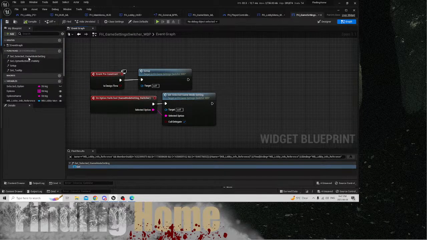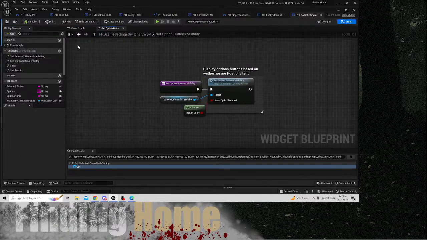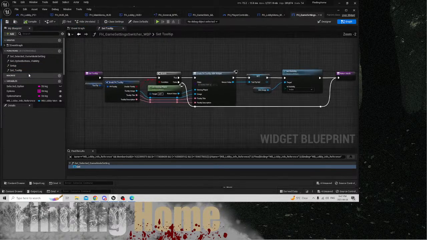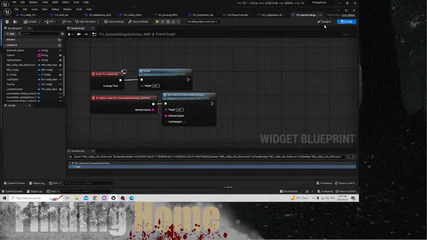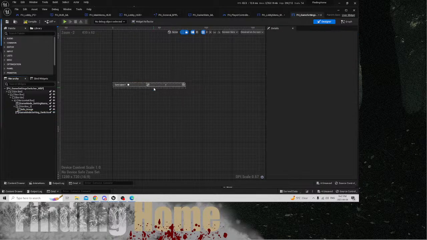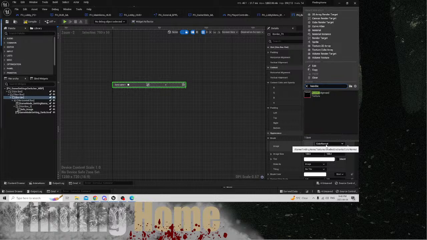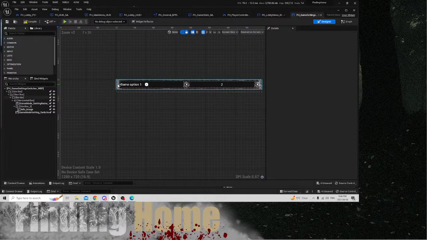Just like the other one, it might have some other functions that aren't being used. So that was the one we did. This is the visibility one we did. Setup we did. And lastly, set tooltip we also did. All right, so there's nothing more for it that I can see. So let's just take this out, and there we go. But we have a base background here. Okay, we do want to